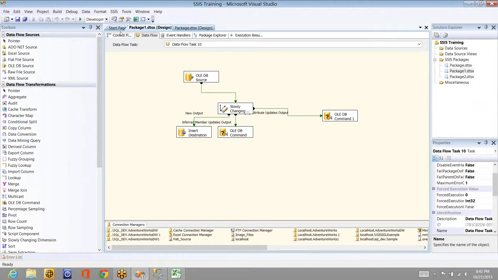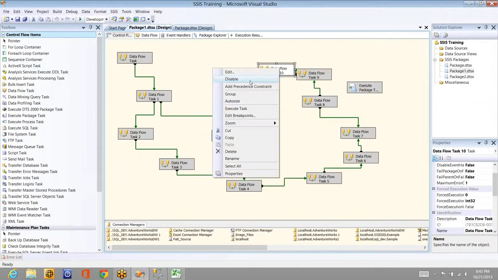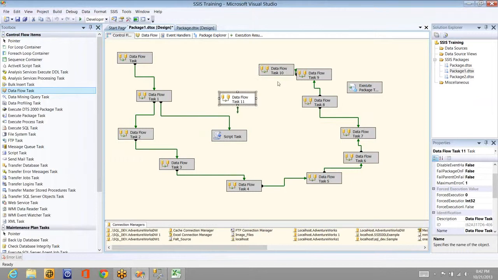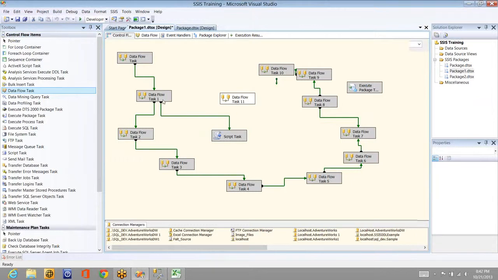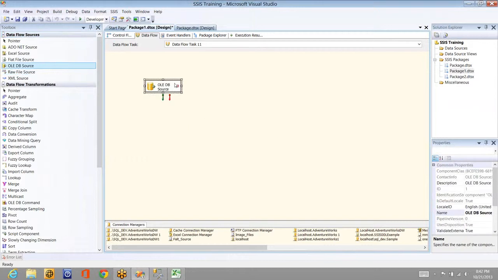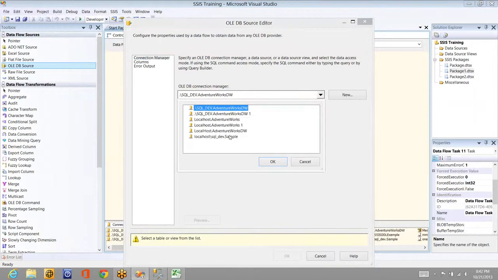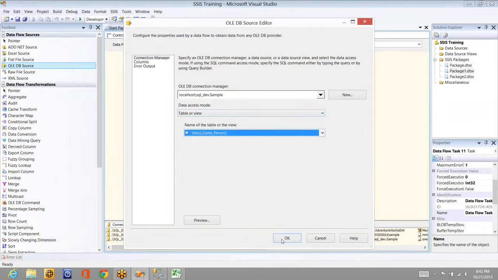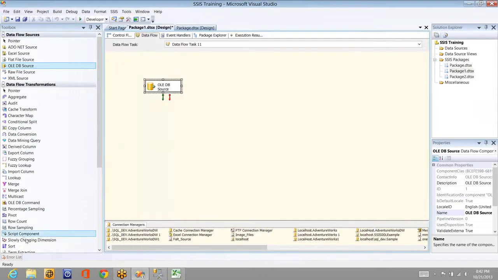Now let me disable it and take a new one. Let me connect it and let me go here. Let me set the source. I can copy and paste the source, but it's easy, right? So I'm creating again. The source is salesperson, and now I'm taking slowly changing dimension.